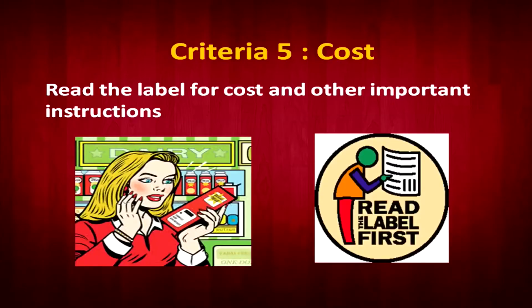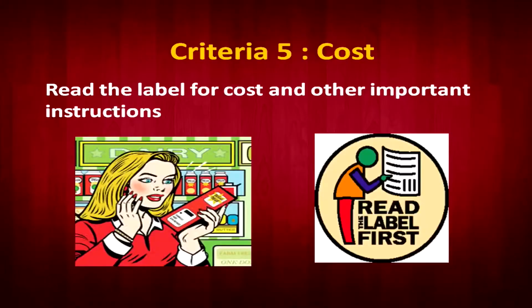The next criteria that we need to understand and observe very carefully is the cost. After all, it always ends up at the cost of the actual material. If you can afford the cost, then only can you think of buying a particular material. So to know well the MRP, or the maximum retail price of the product that you are going to purchase, it's important to look at the label and read the other instructions and the MRP of the product as well. The next and last criteria we have to look for in selection is more important from the user's point of view than from the seller's point of view.